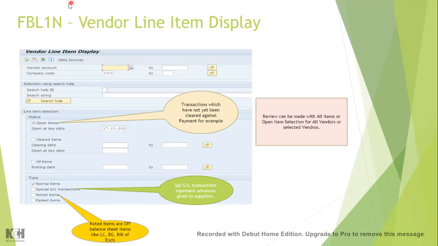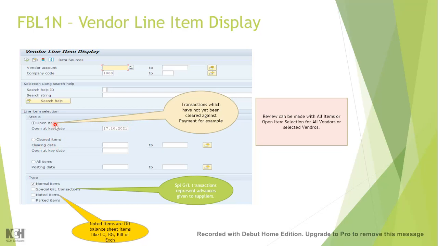So let's see FBL1N. I have tried to give you some basic understanding of what the different fields mean here. First, open items. In SAP you have the concept of open items and cleared items. As we know, AR and AP are all called sub ledgers in SAP.